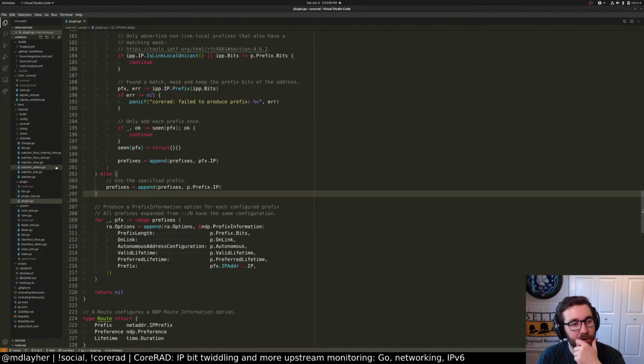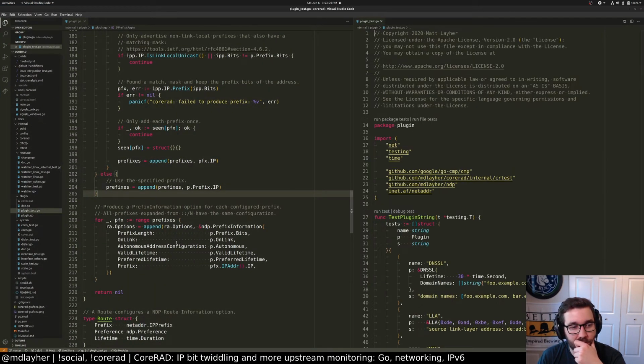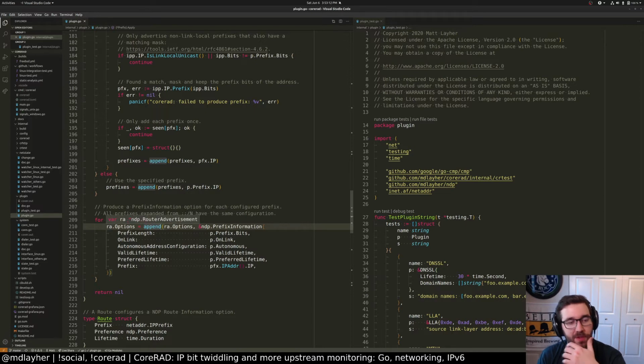So let's go full screen for a little bit. So we want something that turns netaddr IPs into RA options, I think. Or modifies a router advertisement, like an input RA.